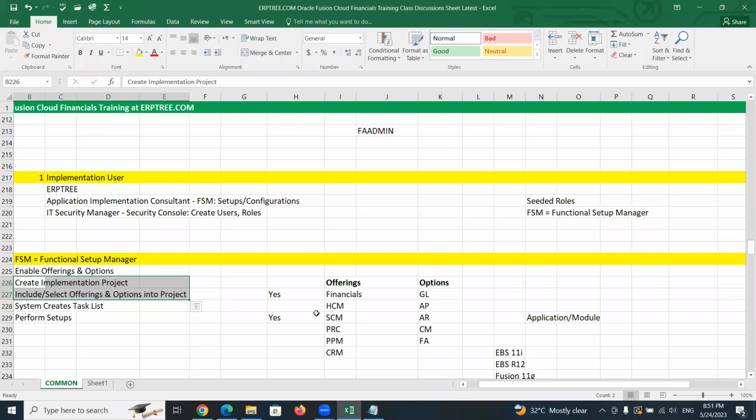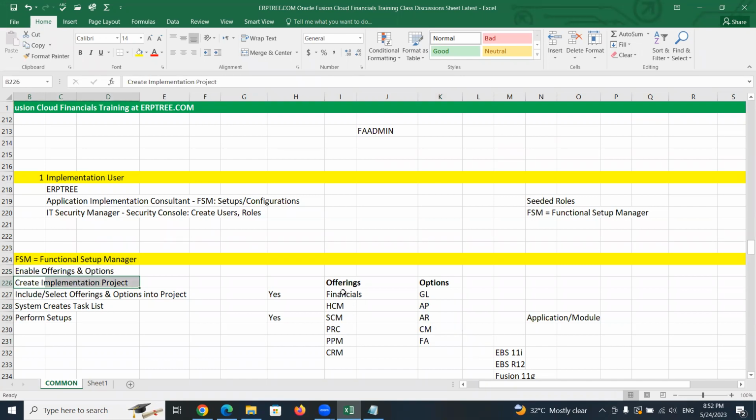If I select financials, and within the financials I select these applications, I'm selecting them into my implementation project. How can I select? If those are already enabled, I can select. The first step is we have to enable. After enabling, those would be available to select into the implementation project.